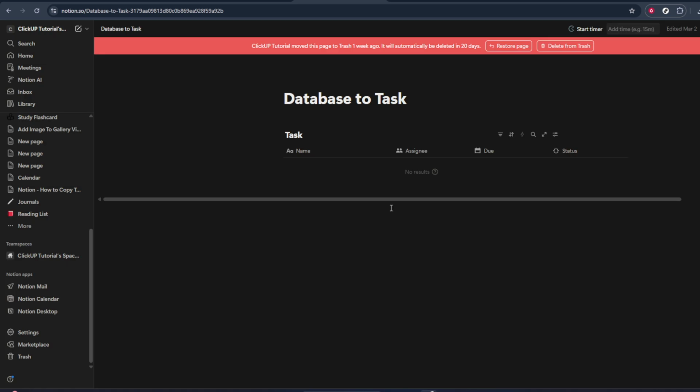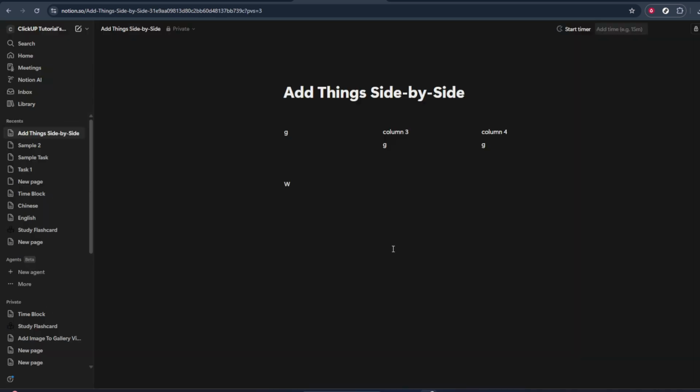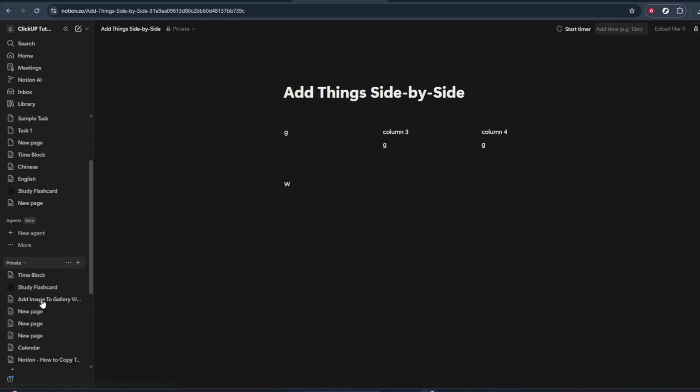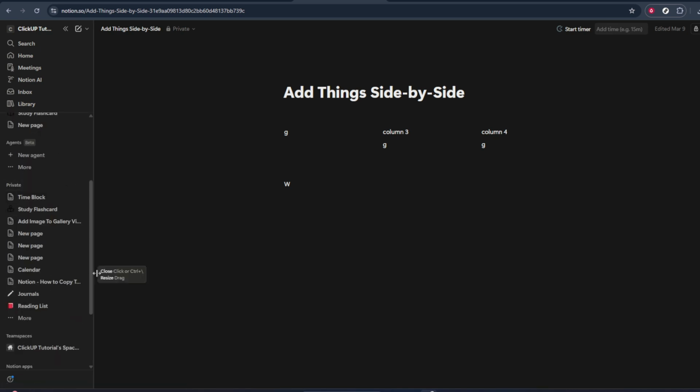By clicking on Trash, opening your deleted items, and using the Delete from Trash option, you can permanently clear out old content and keep your Notion workspace